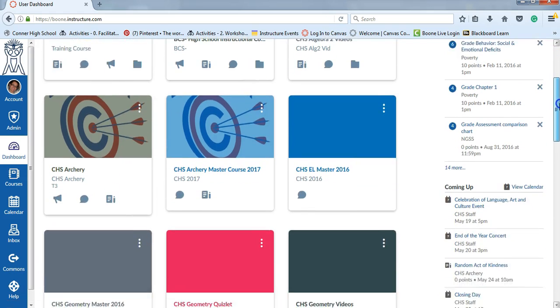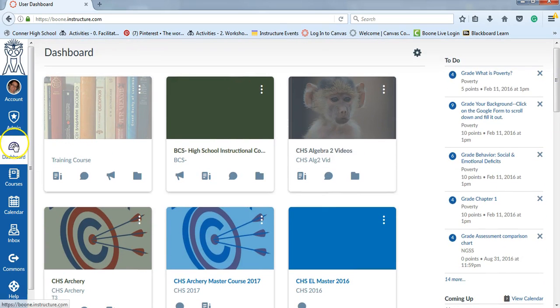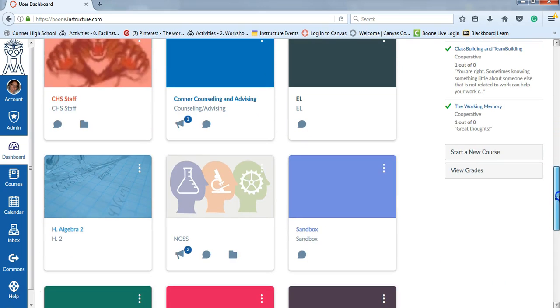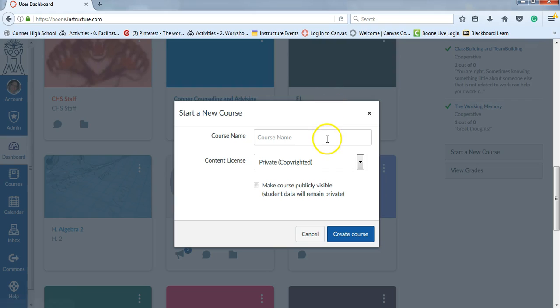You're going to scroll down. This is just my dashboard. So if you click on dashboard, if you open up to something else, click there. You're going to scroll to the bottom and you're going to hit start a new course. And we're going to call this, put CHS in the beginning so that we can tag it to Connor. And then we're going to name it something, and we can just do CHS, or let's just do staff